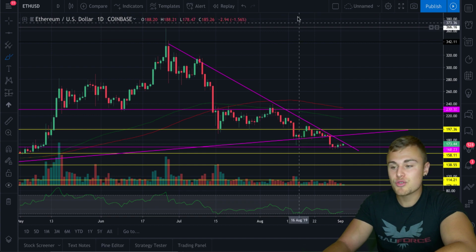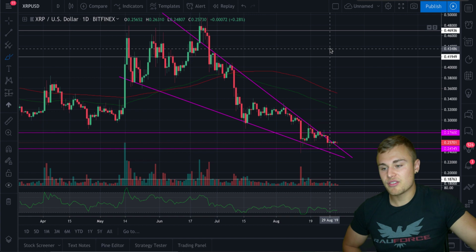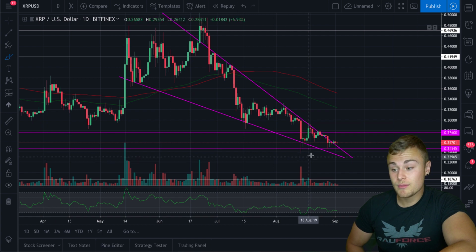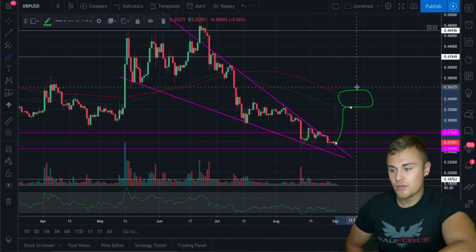which should blow us up to as high as the $230 level. Now to wrap up today's episode with XRP, you'll notice XRP is in a descending wedge right here, which is almost complete. You notice we're trading outside of here, and if we do manage to break outside of this level right now, we should get enough volume to easily push us right up to this level, as high as 32 to 34